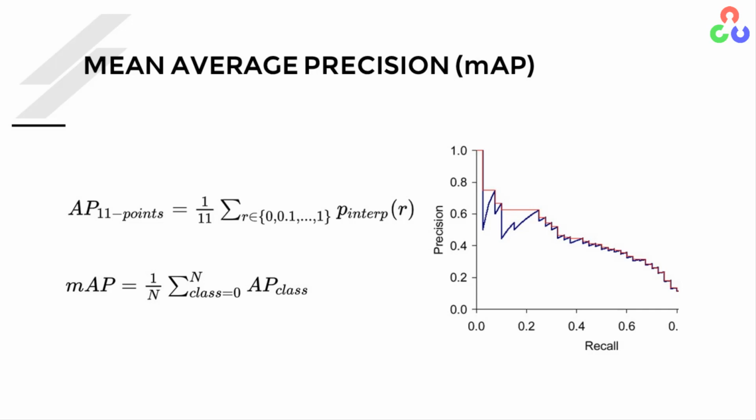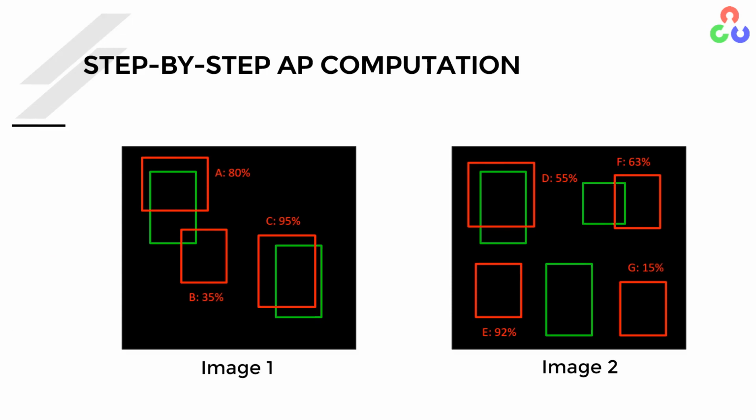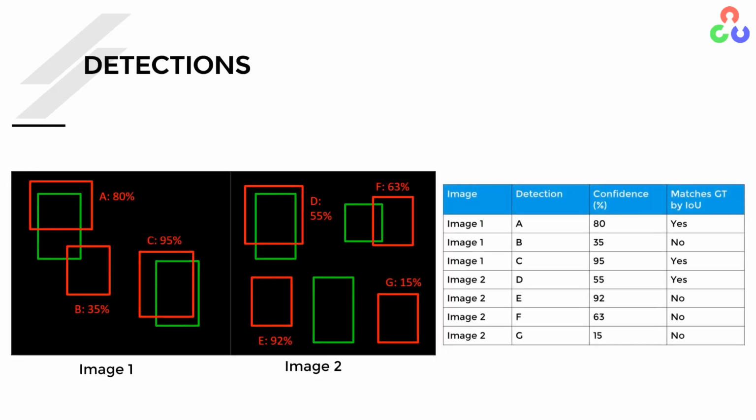Average precision is widely used to evaluate object detection algorithms, but it is a rather unintuitive metric. Let's manually compute the AP values to better understand it. Let's assume there are two images with 5 ground truth objects represented by the green bounding boxes and 7 detected objects represented by the red bounding boxes. Each detected object has its confidence level and is identified by a letter A, B, C, D, E, F, and G. Now, the following table shows the bounding boxes with their corresponding confidences. Let's assume the IOU threshold is 30%.